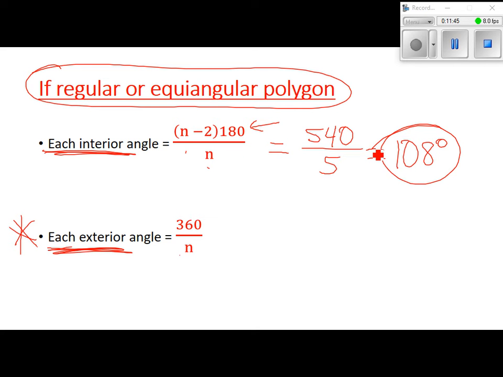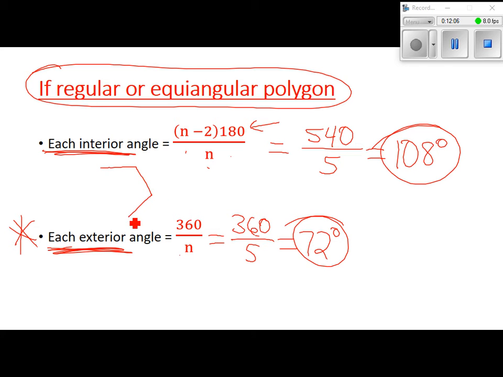Now instead of going through and doing all that, we could have just done this one, the 360, and just taken 360 and divided by the number of sides, and that gives you 72. So we know every exterior angle of a regular pentagon is 72 degrees. Well then, if I could draw a regular pentagon right here, probably can't,